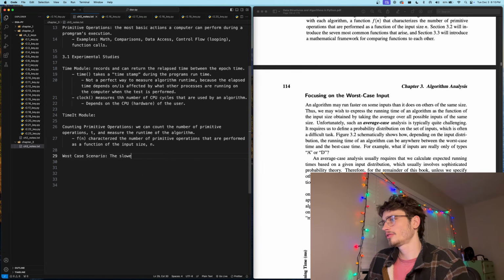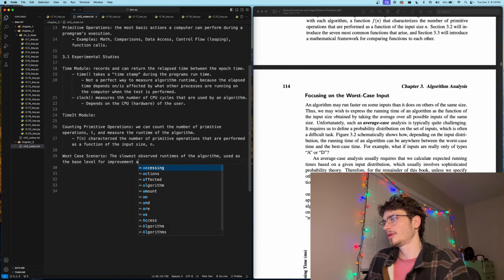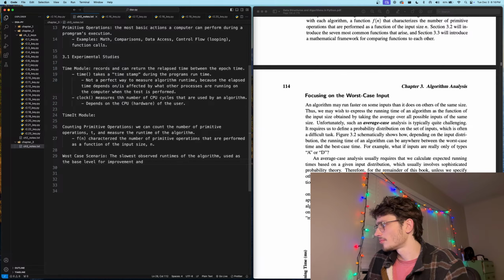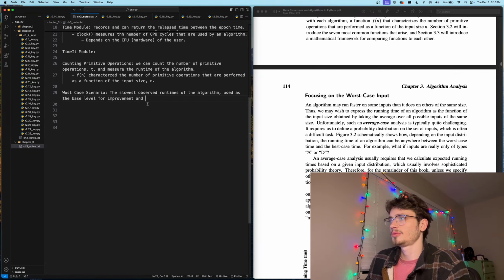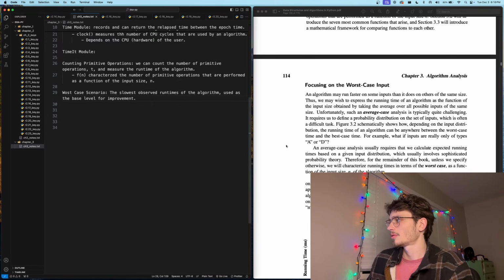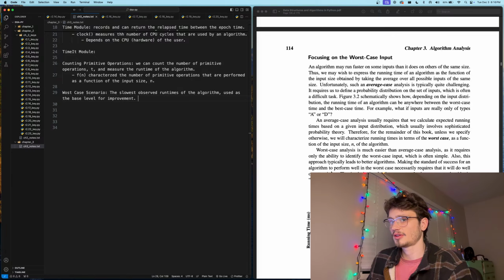The slowest observed runtimes of the algorithm used as the base level for improvement, and worst case. Yeah, the slowest observed runtimes of the algorithm used as the base level for improvement, and yeah, okay. So we will refer to this, the worst case, right, as